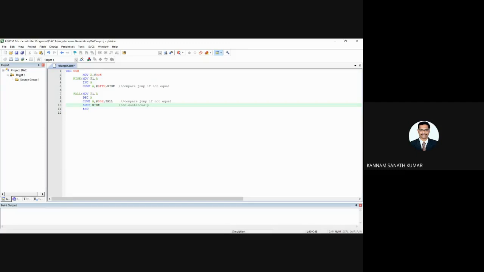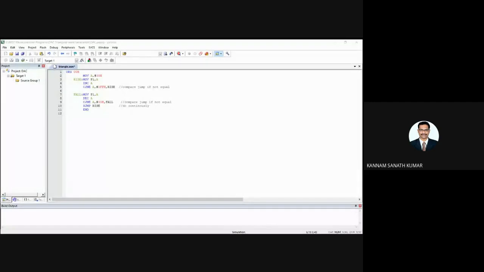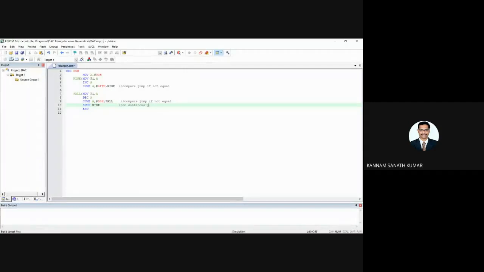After writing the program, are there any doubts in this programming? If you understand this program, you can understand the remaining square wave and other wave programs. Is anyone giving a response? Bharat, are you there? Raju? Yes, sir. Do you understand the program? Yes, sir. So next, you have to build the target.